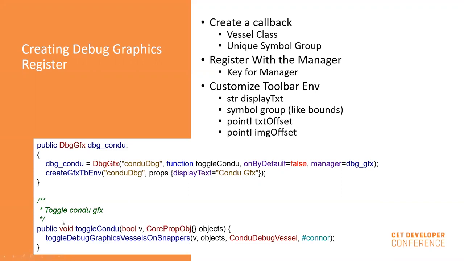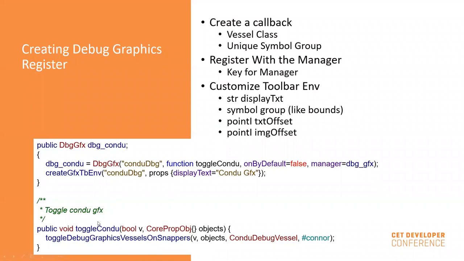What that does is toggle the debug graphics vessels, which we set as condu debug vessels, on snappers. So this is only going to be a graphics vessel that is registered to snappers. We have another function that is toggle debug graphics vessels on vessels. That will give you debug graphics where your vessel will apply to other vessels